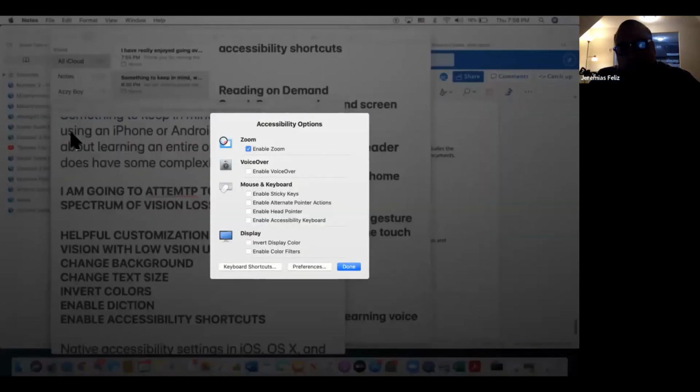So that's Control, Command. Use the tab key to navigate and press Command Space to toggle an option. So that's Command Option F5, and it brings up all of these different accessibility settings that you can enable. One that's really helpful, let's say you have issues with white background or white text, you can simply invert the colors